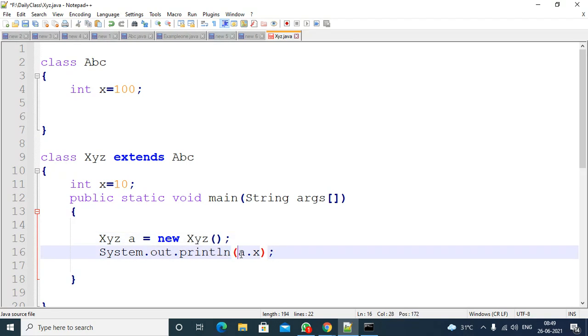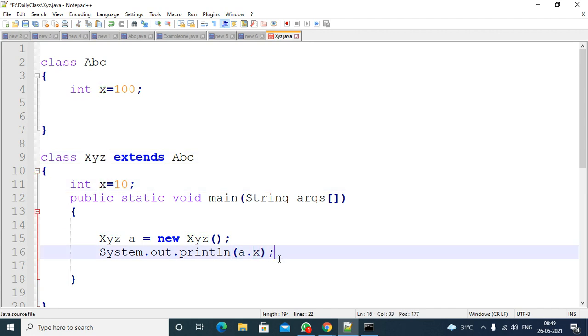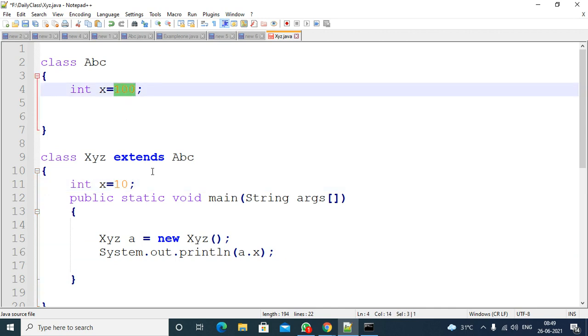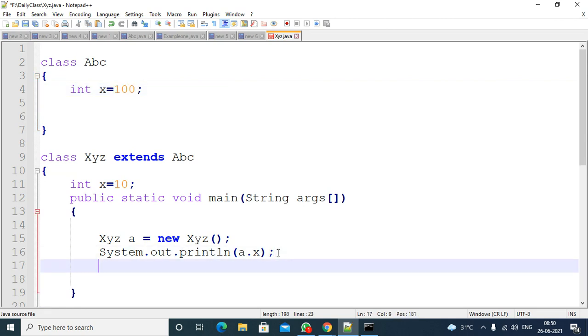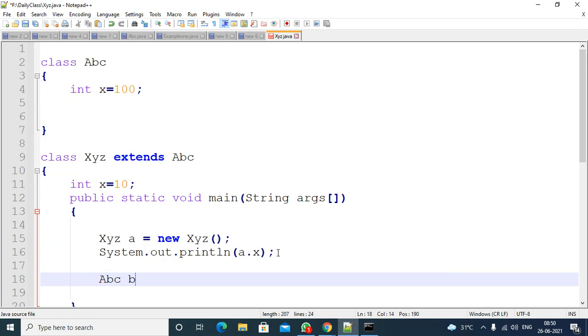So whenever you are trying to print a dot x, what will happen? a means the XYZ reference. In the XYZ class, the x variable will be printed, so in this case you will get the result as 10. Then if you want the parent class x variable, how will you call it without creating the parent class object? Actually, if you want the parent class variable, you have to write ABC b equal to new ABC.